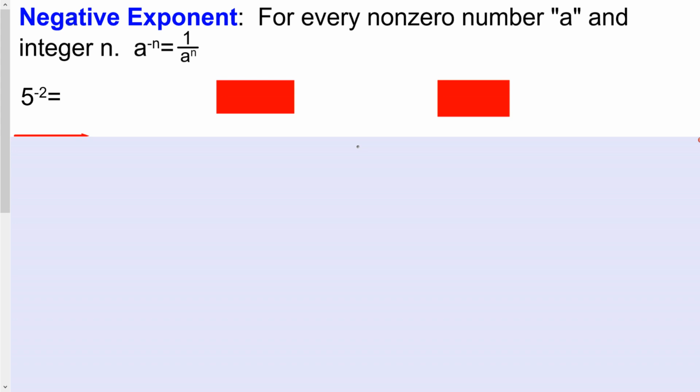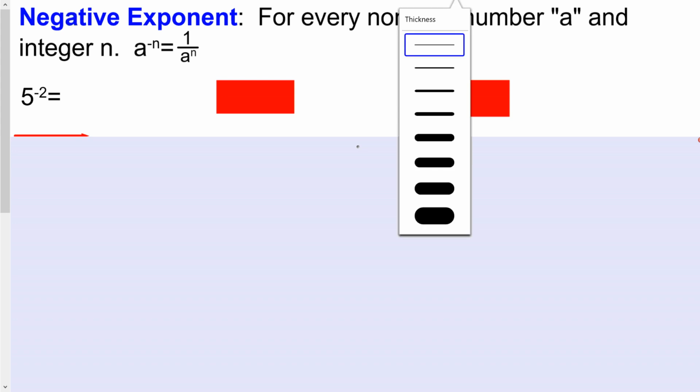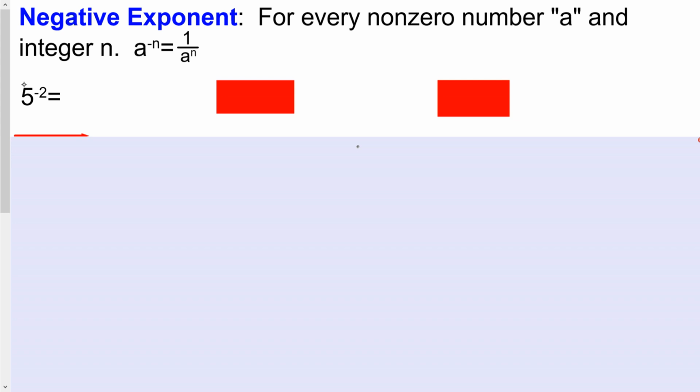And what that means is if I have a number like this one, 5 raised to the negative 2nd power, I can just write that as a fraction with 1 in the numerator, and in the denominator, change that negative 2 to a positive 2. Basically, if it is in the numerator over 1, I can just move all of this down to the denominator and change the sign on the exponent. Okay,